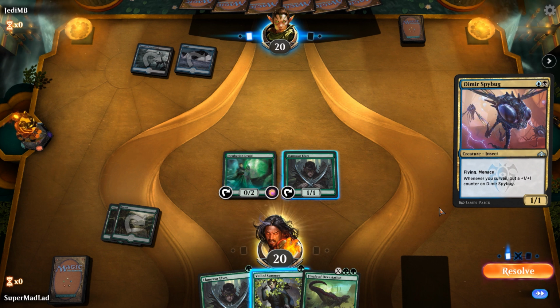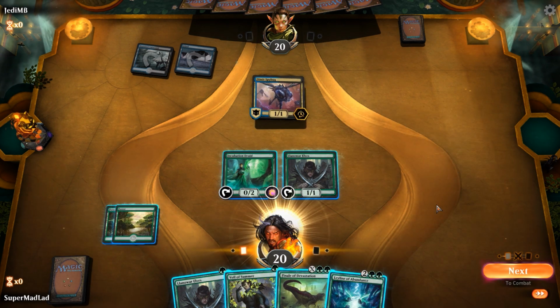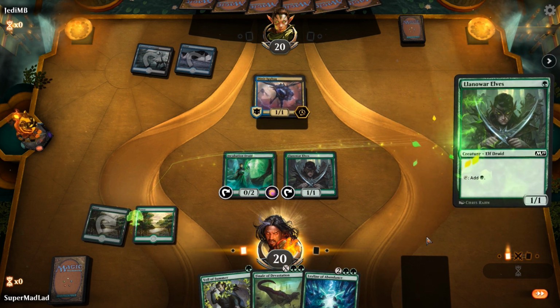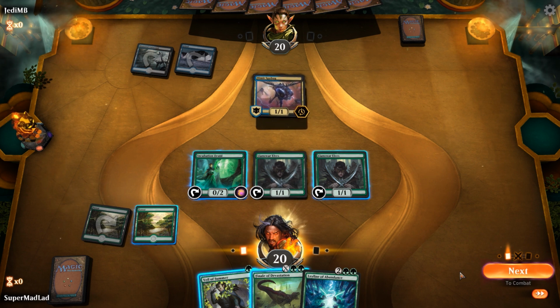Demir Spybug. Okay, we're going to let that go. So this does have some sort of surveil-based mechanic, which is, of course, where Thought Erasure comes in. So we know that they're running them. That's kind of a given at this point. At this stage,